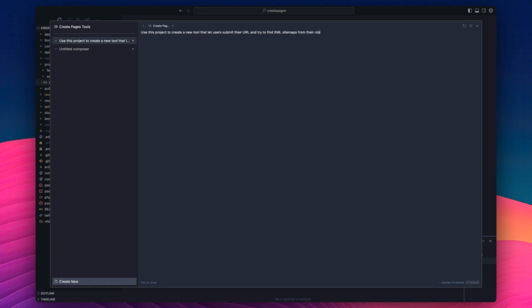We could try their robots text file, or using common sitemap conventions if none exist there. And then we want to extract them. If I can actually type the word extract the URLs to a text box with one-click copy